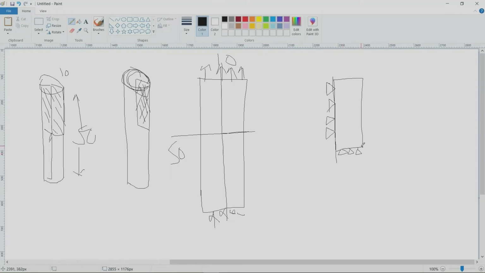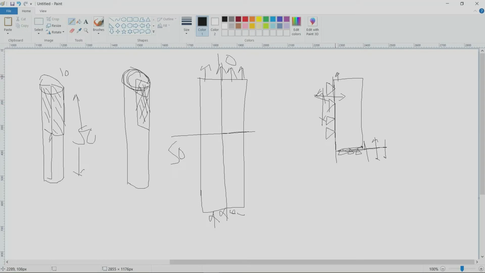If this is the point, it can move in this direction only, it will not go in the u2 direction. Similarly for this, it will not move in the x direction, although it can move in the y direction. So these are the constraints that we are going to put.